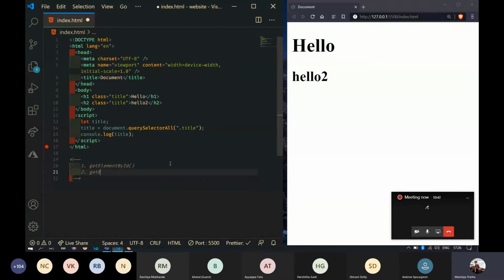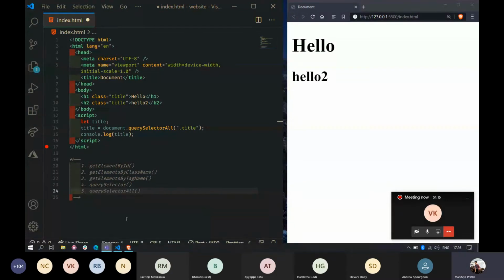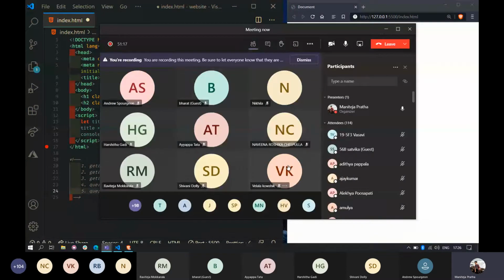The fourth one is selector. And the fifth one is... so everyone understood till now?